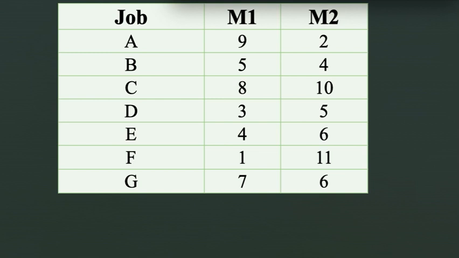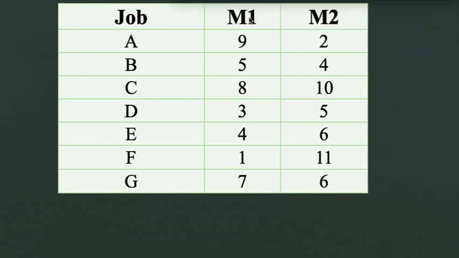n number of jobs which have to be sequenced on 2, 3 or more than 2 machines. So we are going to adapt here Johnson's method, as we have here 2 machines M1 and M2. So we are going to use Johnson's method, and let us see how we are going to prepare the best sequence and how we are going to calculate the idle time for both the machines.